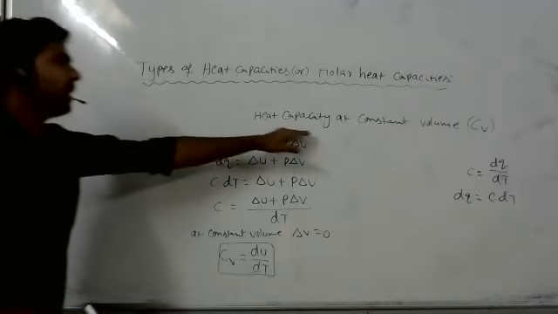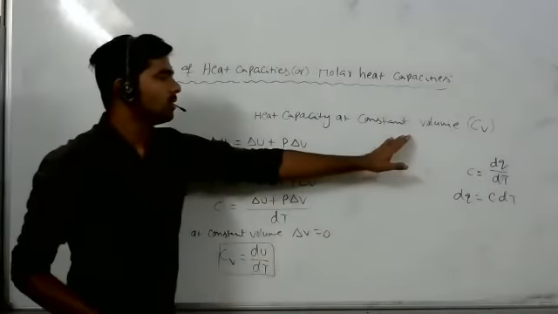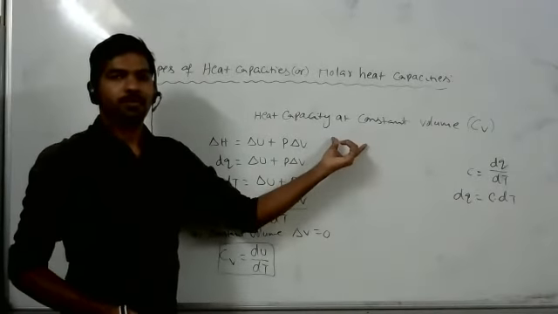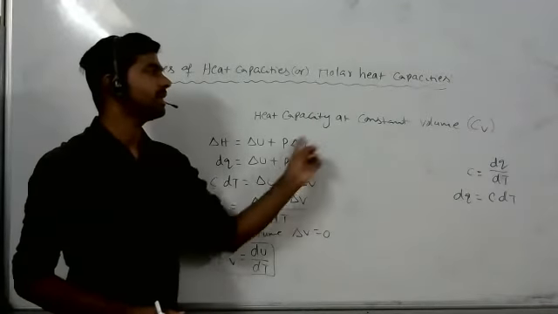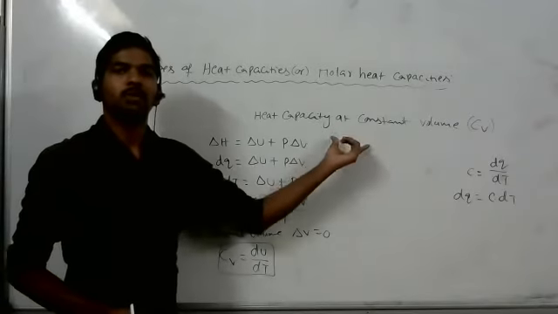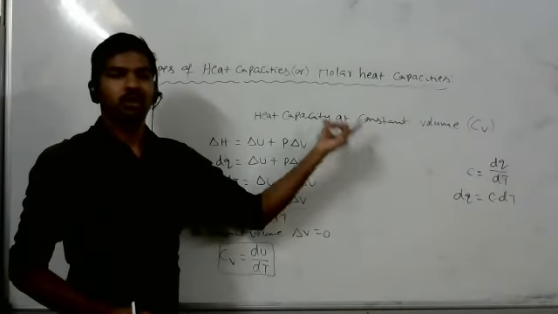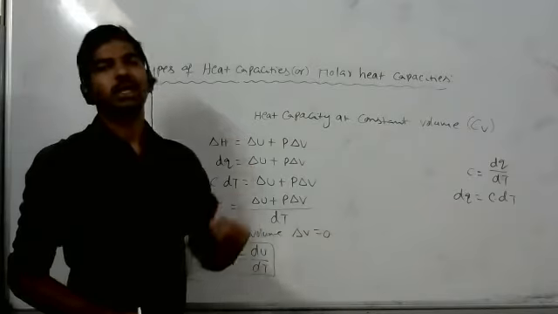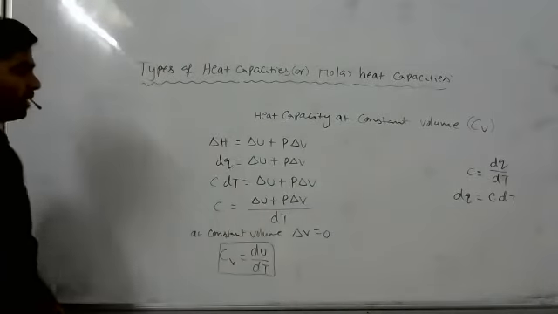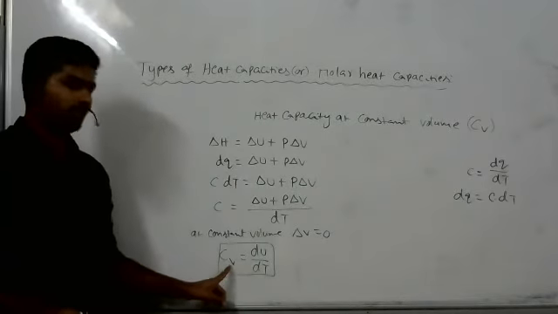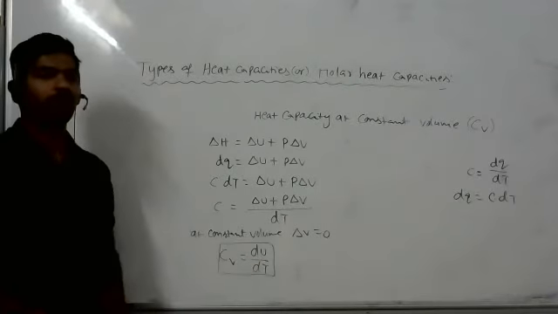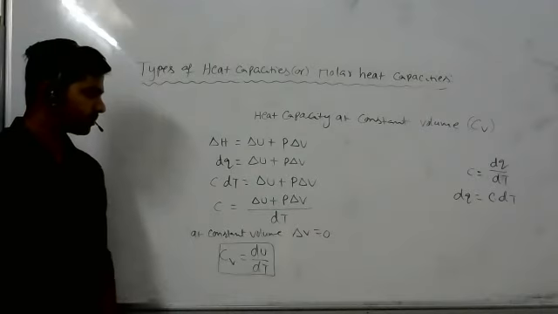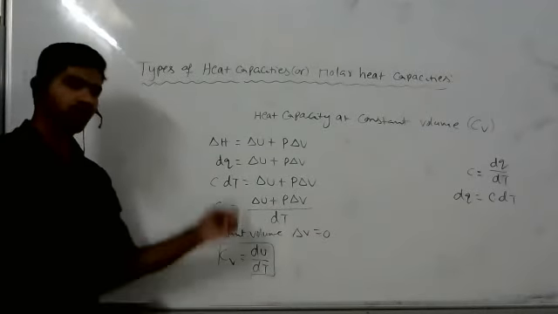See, first of all, listen, what is heat capacity at constant volume? Heat absorbed by the system at constant volume to raise the temperature of the system through 1 degree centigrade. That's called heat capacity at constant volume. We can define it another way: heat capacity at constant volume is the change in internal energy of a system with a change of temperature. Will these derivations be asked? Very less chance to be asked, but these formulas are very useful to derive another derivation.